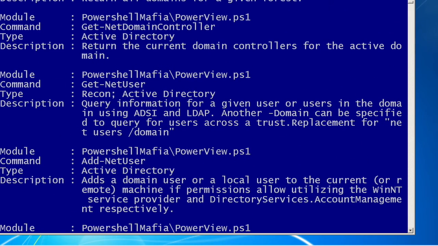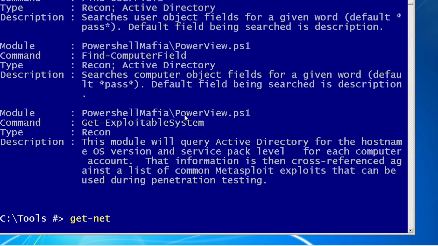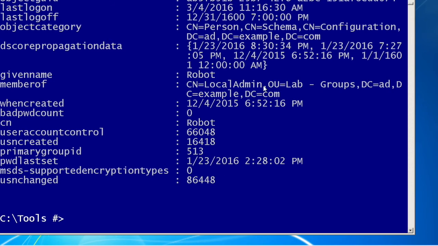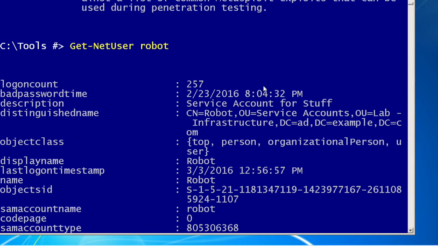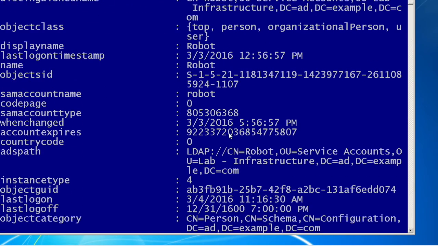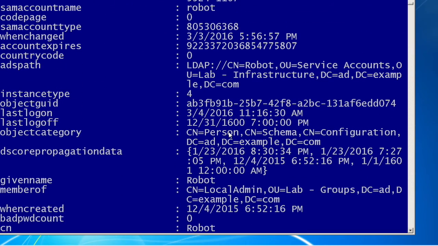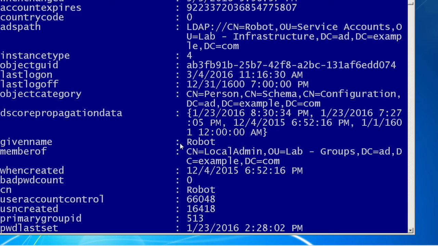And looks like we have what we're looking for here, a cmdlet called Get-NetUser. And that's going to query information for a given user from the domain. So let's run Get-NetUser and robot. And that gets us back all of this information about the robot account. We can see how many bad logons it's had. We can see that it's a service account for stuff. One of the interesting things about this is the fact that he's a member of a group called Local Admin,